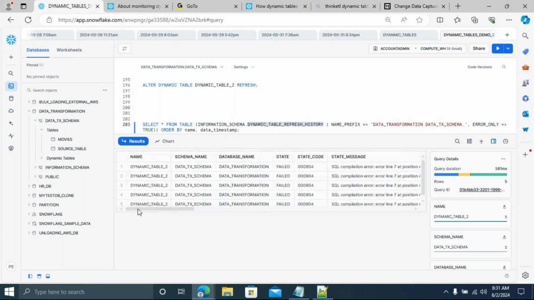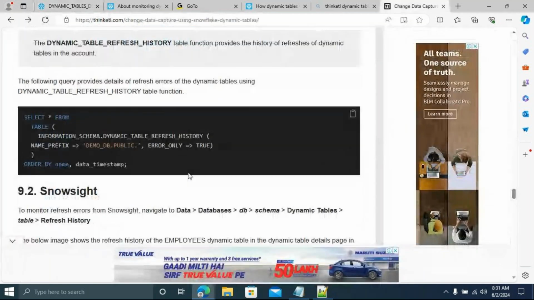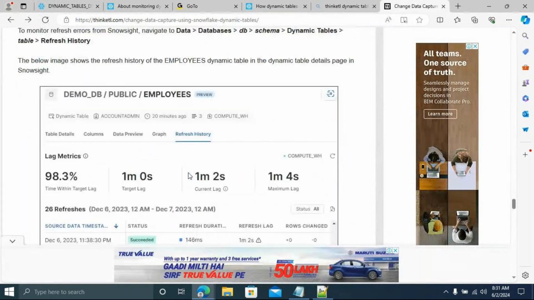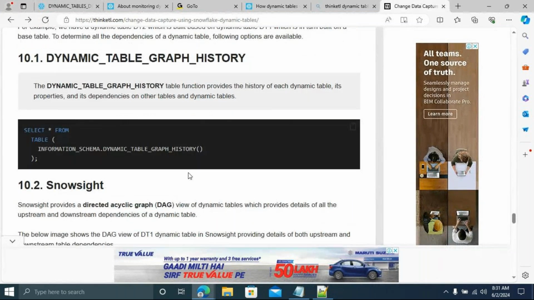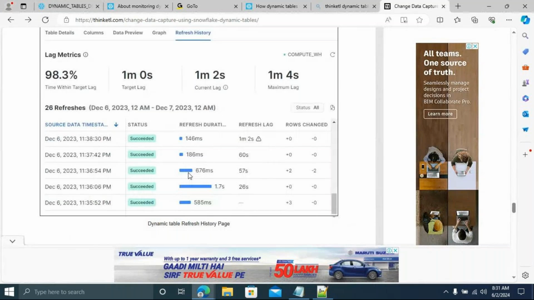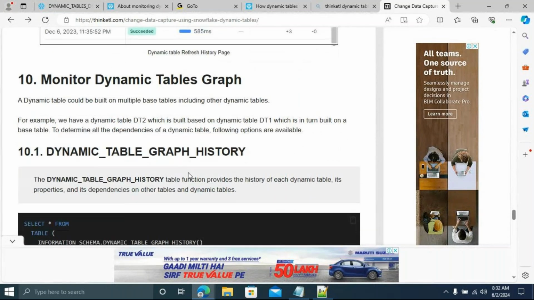So this is in this table. What I have shown to you guys, just go to Snowsight and you can see all these things and all this information. What's the refresh lag or the change, everything you can see. The last one you're going to see,